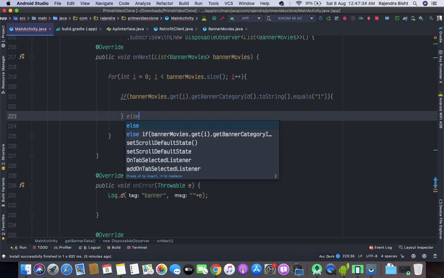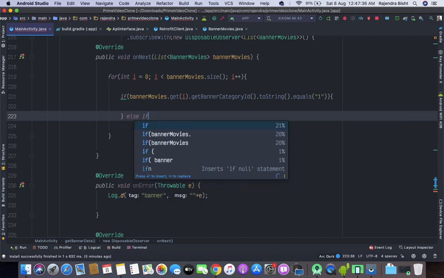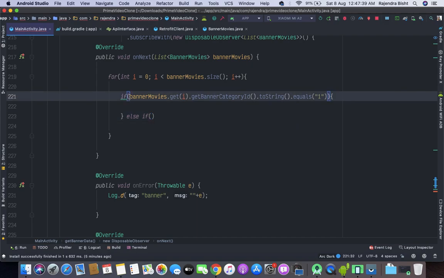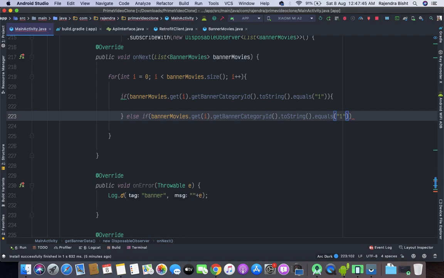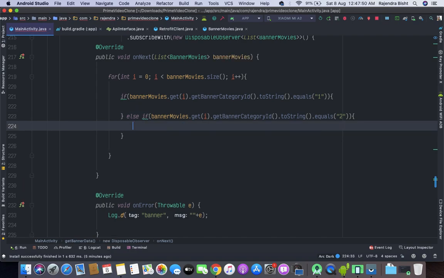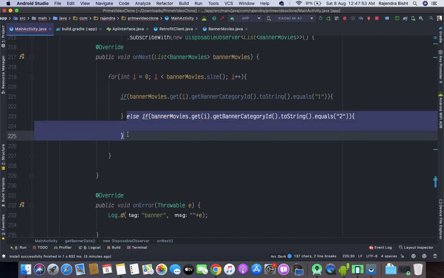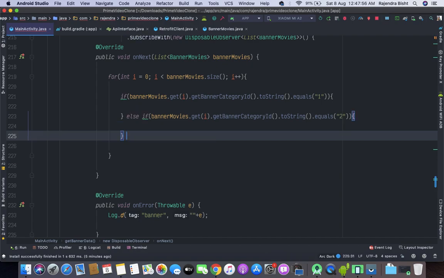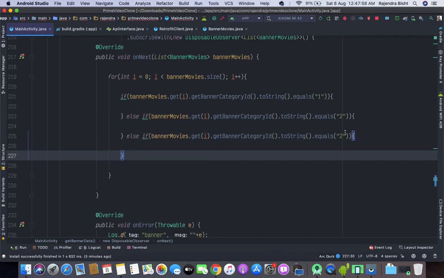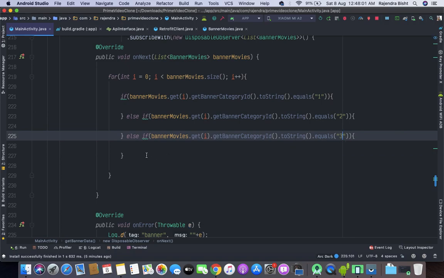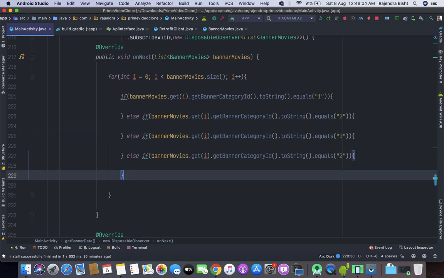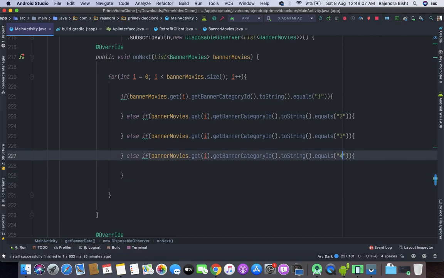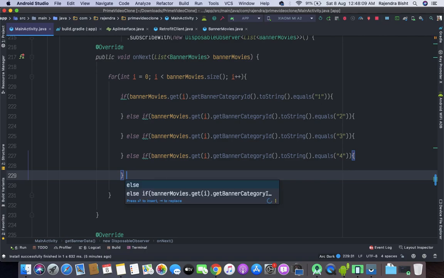So this is the condition: 2, 3, and the last one is category ID 4, and here is the default condition else.